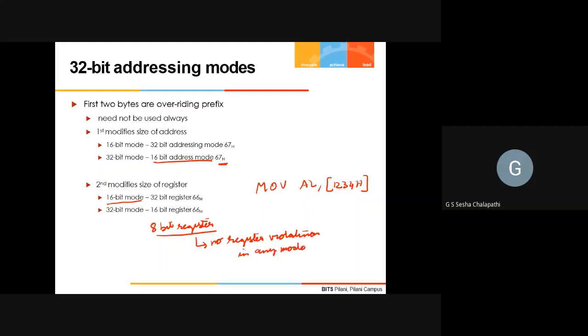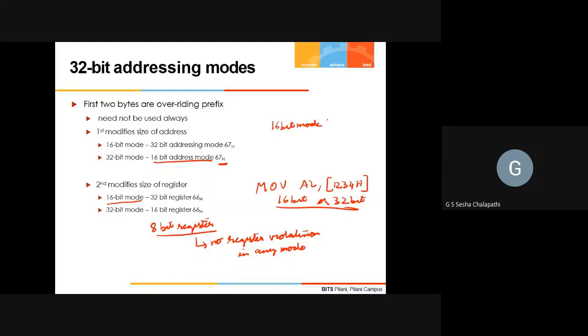That means if I use this move AL, 1234H in either 16-bit mode or 32-bit mode, there is no violation. Why? Because in 16-bit mode,